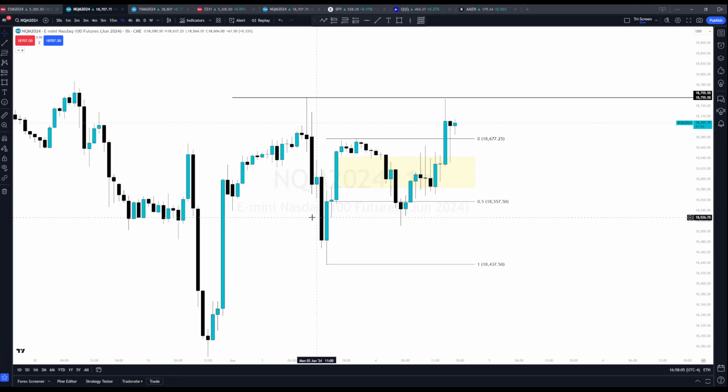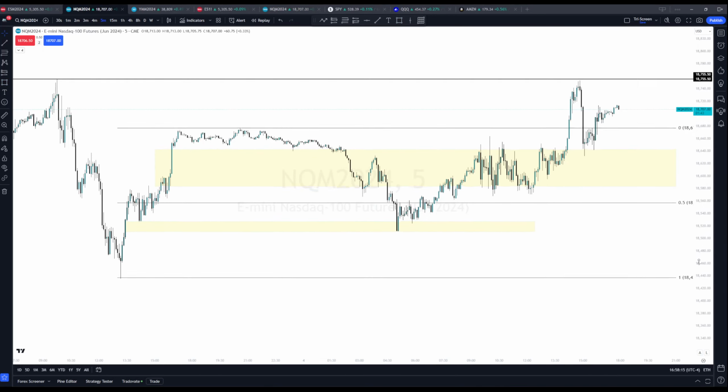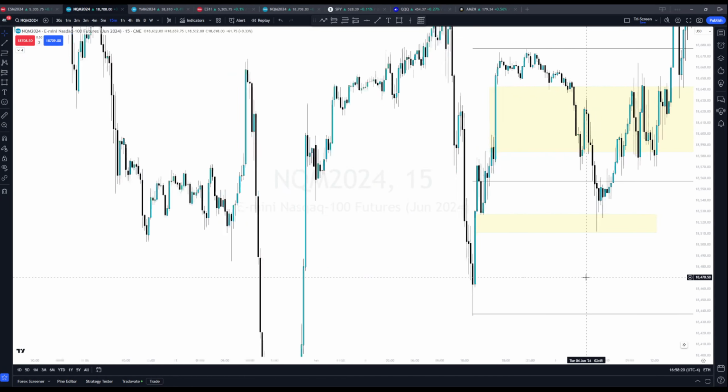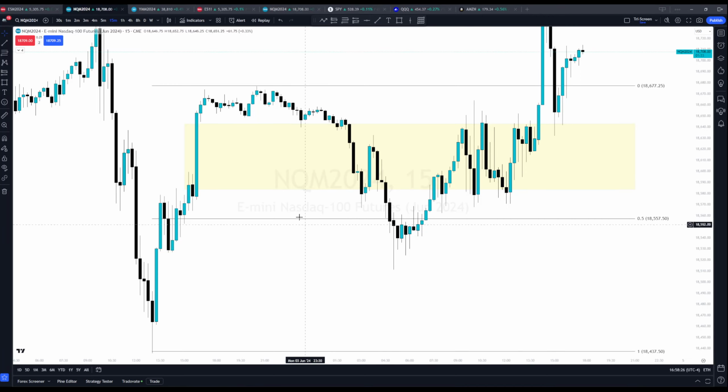So 50% again, hourly. This holds. If we go down here, you see there's a 5 minute FVG that held down here as well. And that's where price went back down to, held that today. I think it was a 15 as well. So it was the 15 that we bounced from yesterday too, and then price obviously pushed higher here.